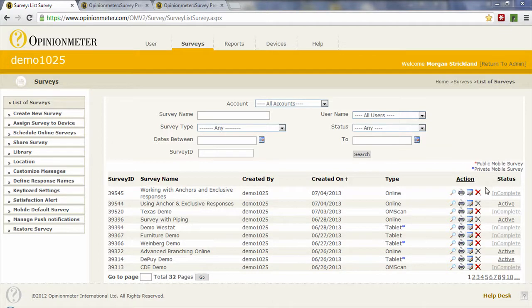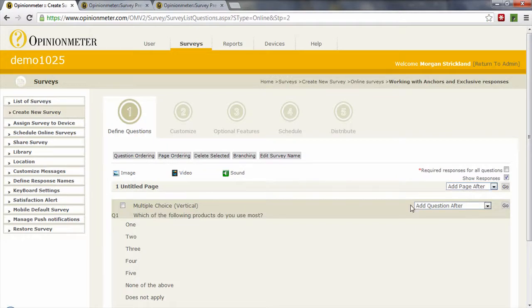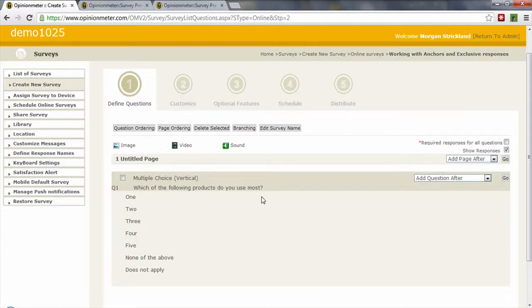Why don't I explain it visually now? I'm going to go in, and I've already created a one-question survey. It's a single response, vertically oriented question. I just said, which of the following products do you use most? And I just added bogus responses. Since we're randomizing, I wanted 1, 2, 3, 4, 5, and then I added some other, none of the above, does not apply. So why don't we go in and edit this question. I'll show you